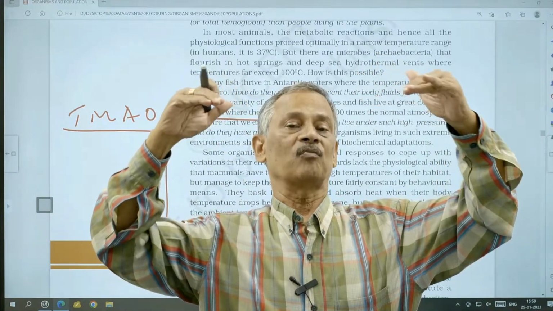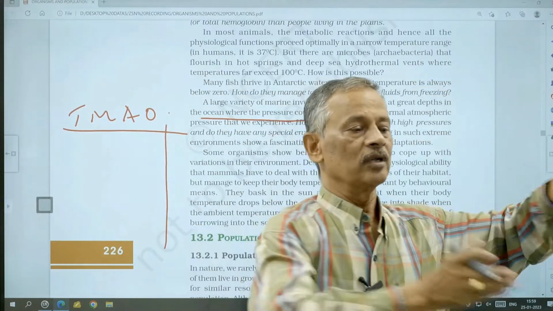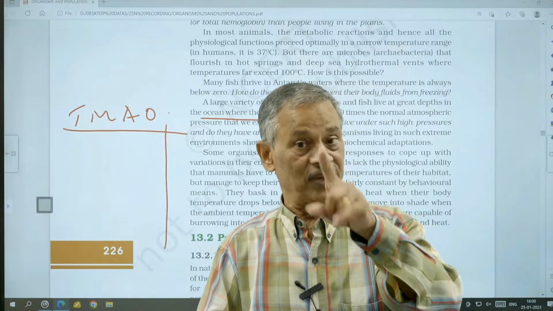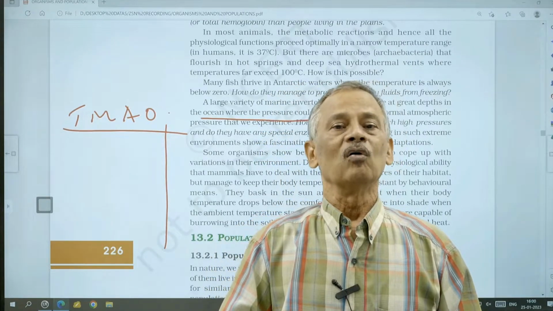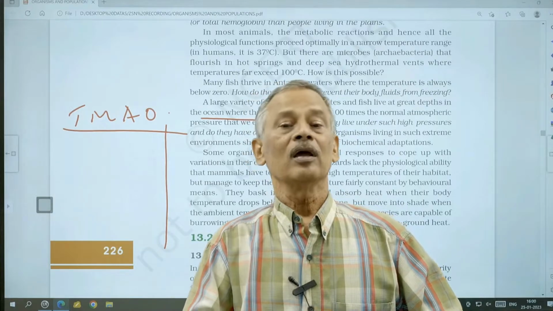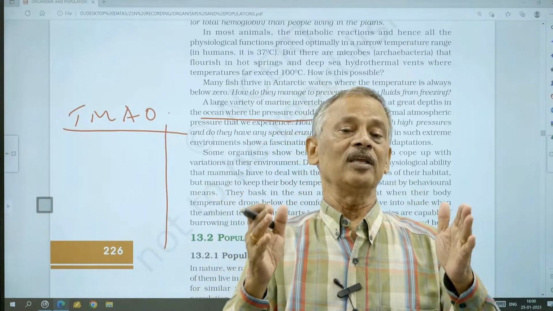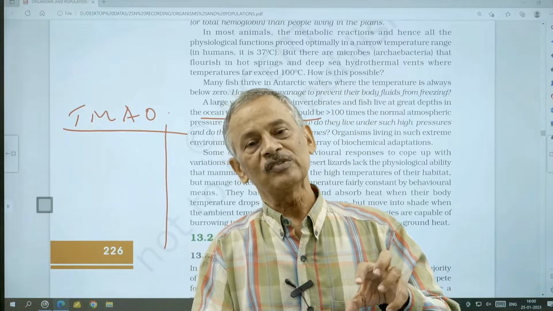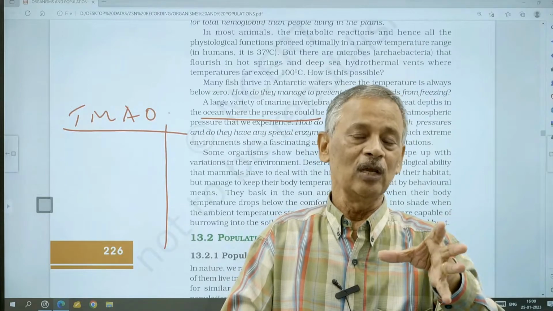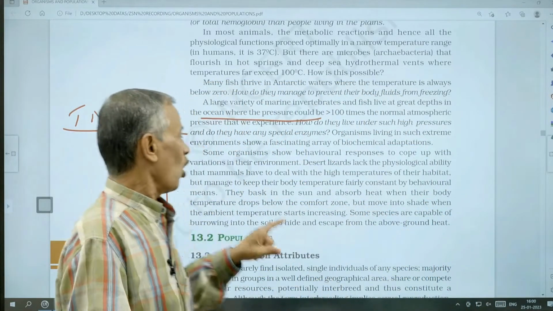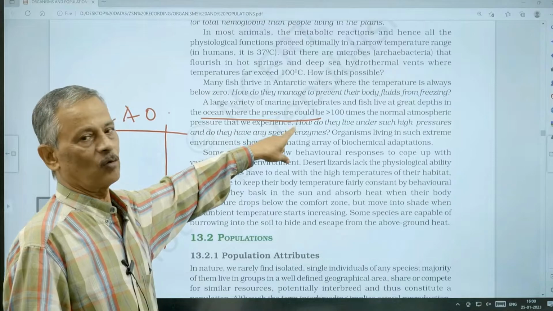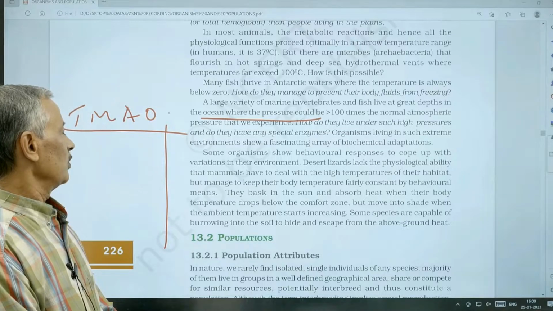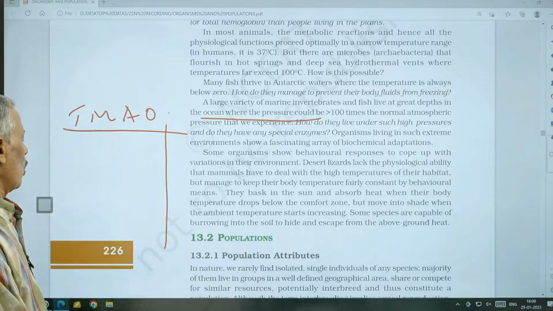Now they become comfortable. When they reach that comfortable zone, they go to shady places. So by behavior, also we can maintain our physiological conditions at the optimum level. So organisms have developed methodologies, either physiologically or by their behavioral pattern, to cope up with the changes in the surroundings. Clear? So with that, we come to the conclusion of the discussion of the first part, namely organisms.